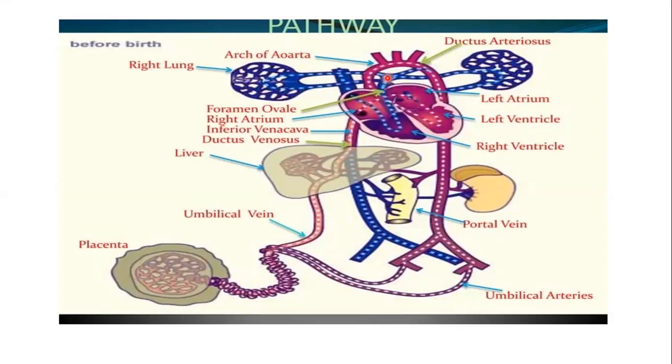But instead of going into the lung, most of this blood goes through the ductus arteriosus into the aorta again. So most of this blood that is supposed to go to the lung is now going through the aorta,